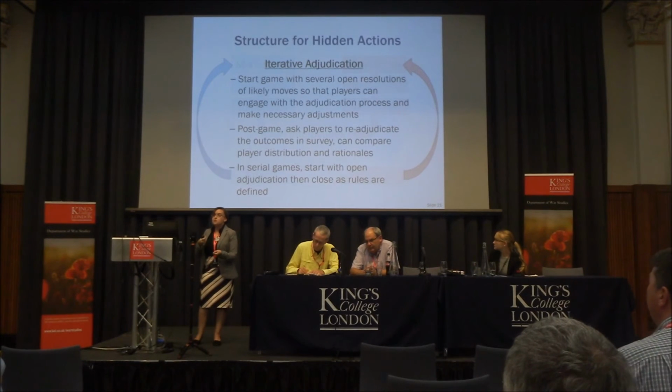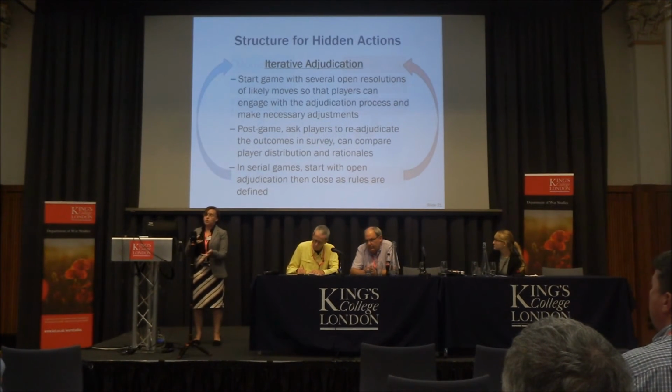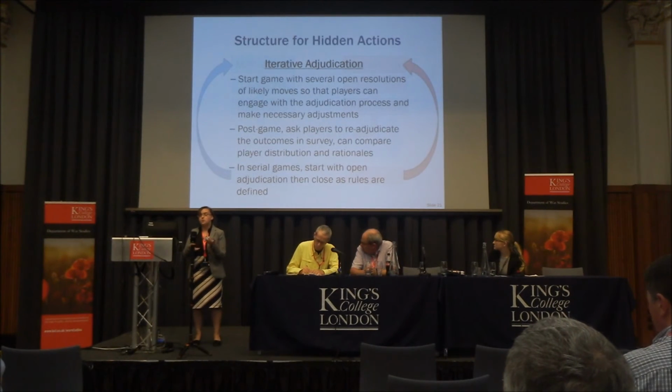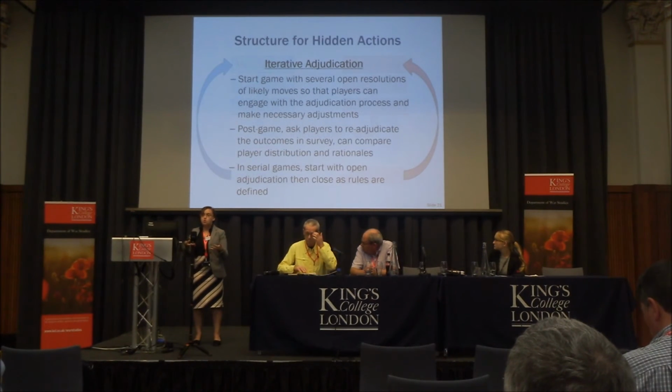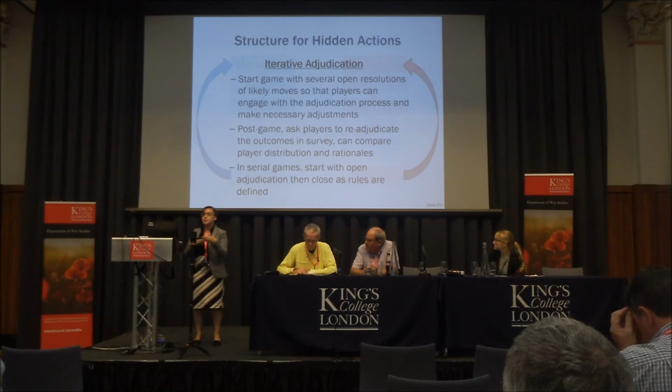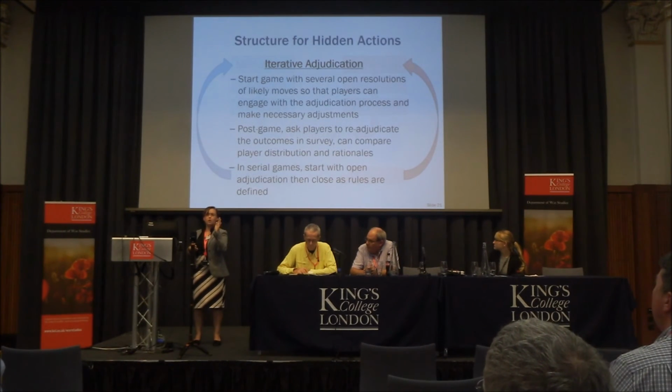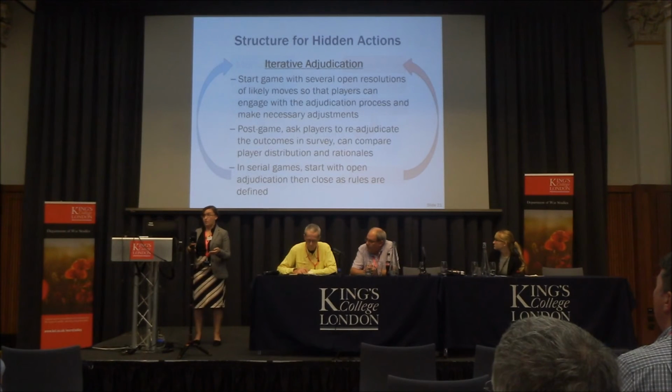We can do surveys that try to pull out from the players which of the adjudication results seemed reasonable to you, which ones didn't, and you can start asking them, why did you not think that result was reasonable? And you can see, are there common threads coming up about, oh, the same people think this adjudication didn't make sense, and they all have this one service background. That tells me my model's probably missing something from that service background.